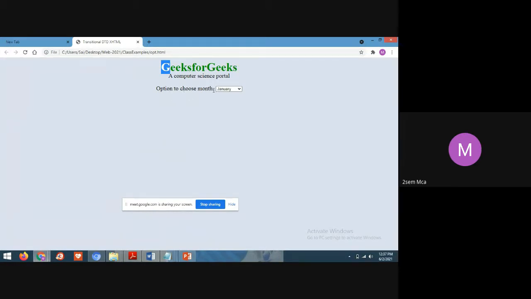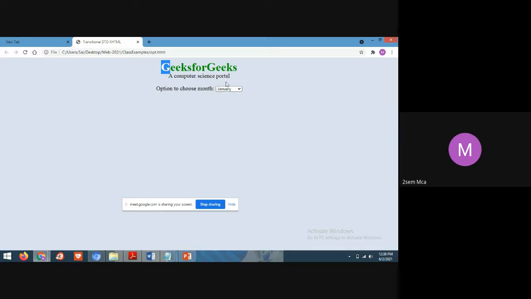See here, this option is for selection of a month. In many of your projects, you can implement this to select the place, or to select the month, or to select the food item. If you are developing a web page for hotel management, or for hospital management, to select different types of treatment, or different types of medicines, or different types of food items.